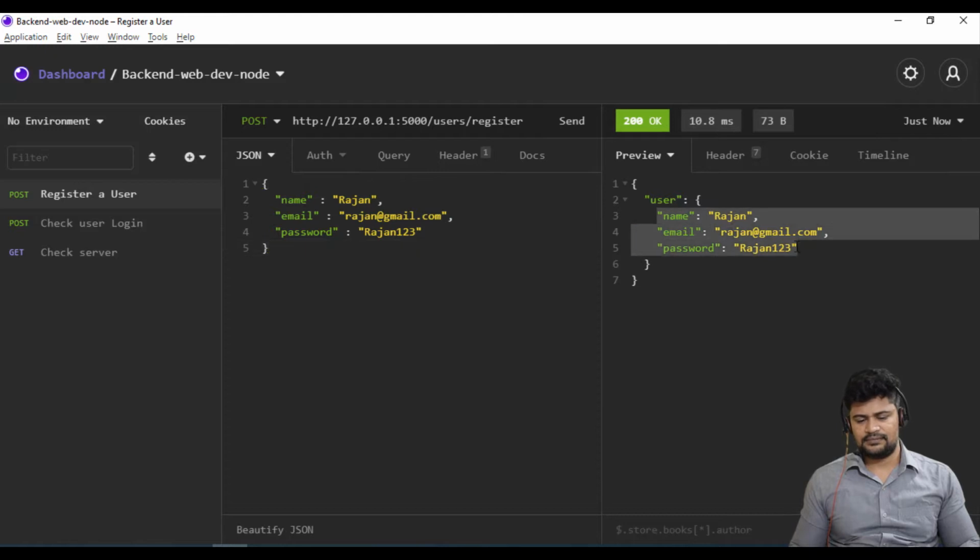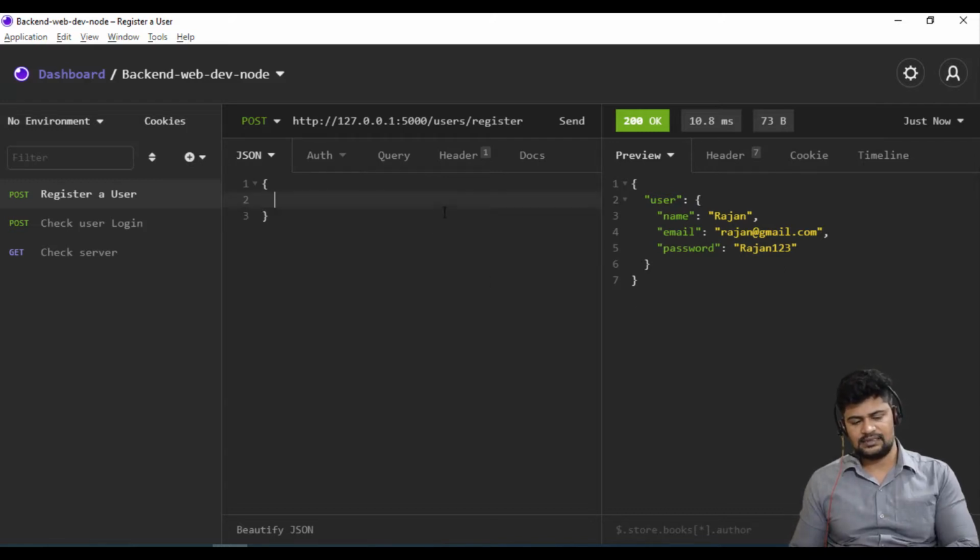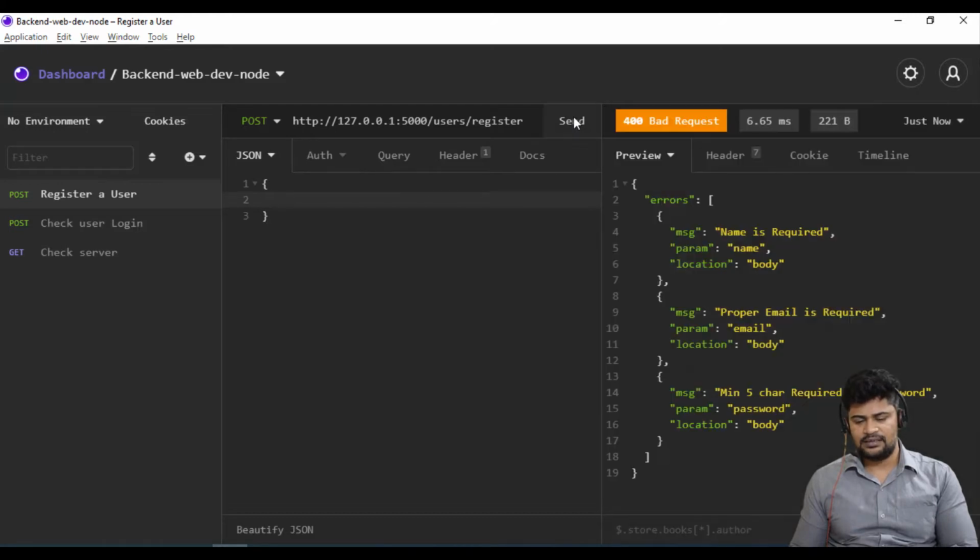You get the proper form. So this is how you provide form validation. Suppose a person is not providing any form data, then the server stops there. You have to provide the name, email, and password.